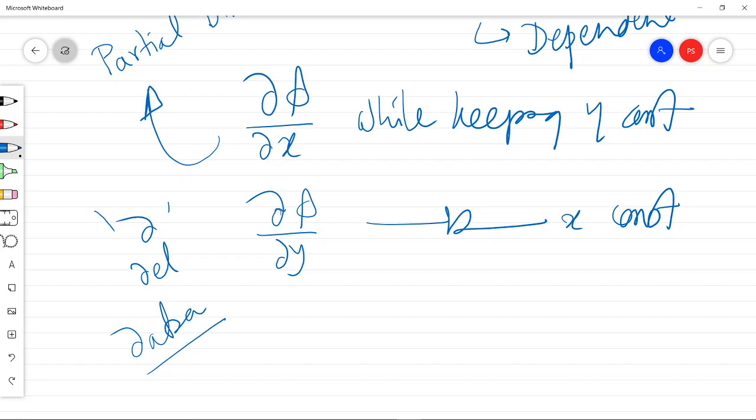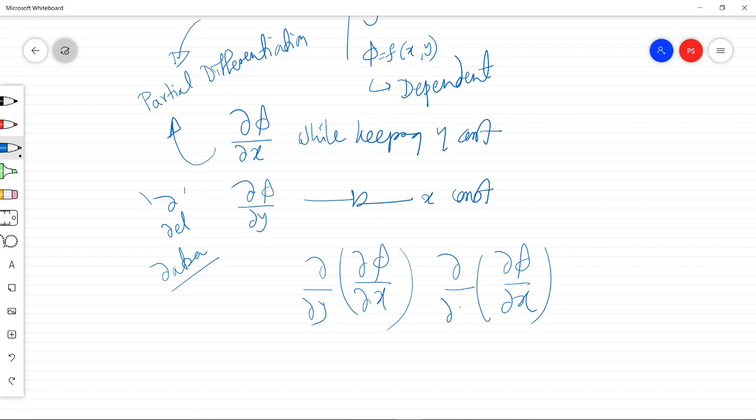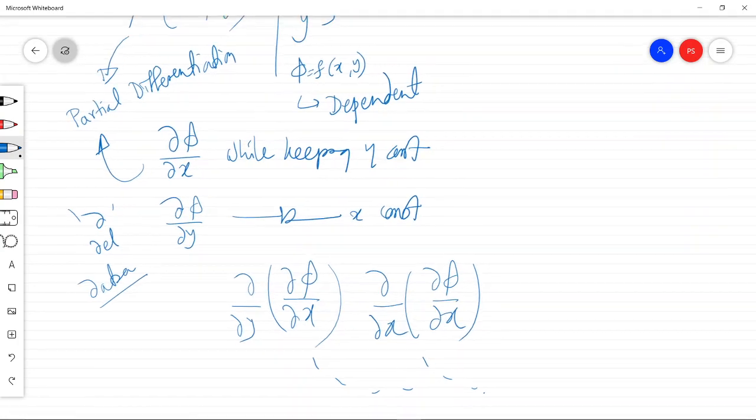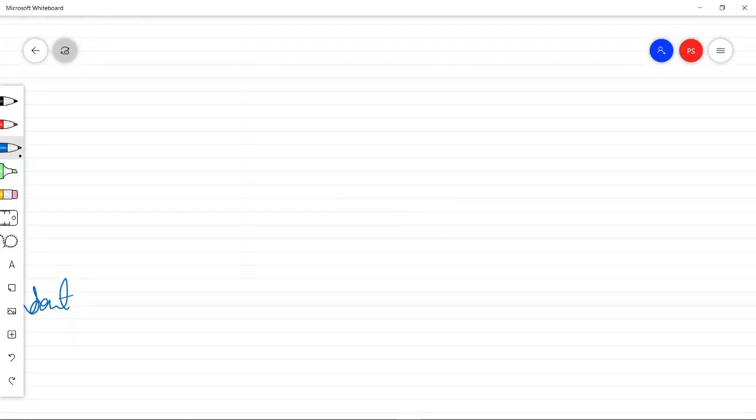Many different types of derivatives are possible in that case, because once the derivative is taken with respect to x, then of that quantity we can take a derivative with respect to y. Similarly, this quantity can again be differentiated with respect to x, and so on. So we have to include all these possibilities together. Considering all these possibilities, if somebody tries to have a standard general form of a partial differential equation, it can look like this.